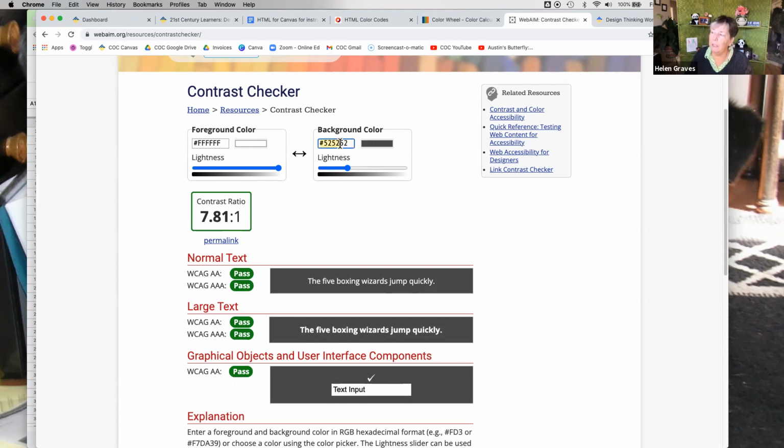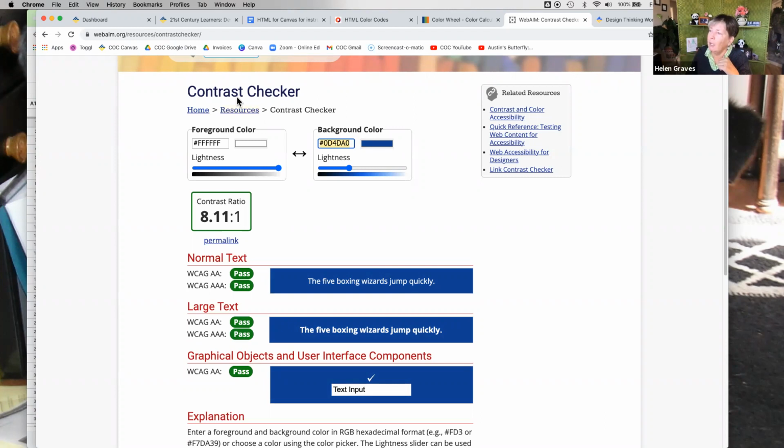So if I had a blue in here, and I don't know what a blue one would be. Okay, I'm going to click in there. So it passes with this one, but we really want the AAA pass. So I would need to make it darker until I get the full green. Then I would know this blue is sufficient contrast against the white text, so I can grab this hexadecimal code for my background. Did I say that in a way that makes sense?